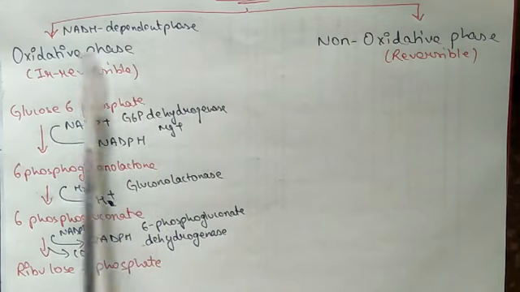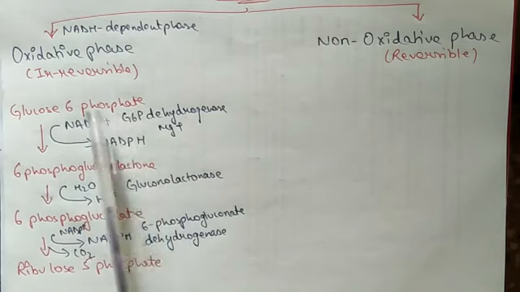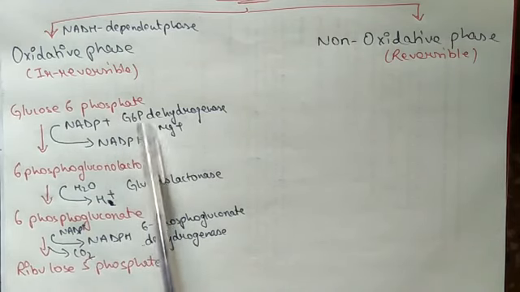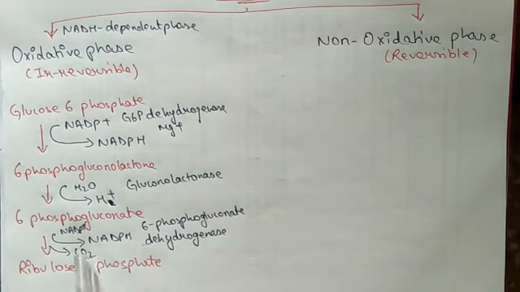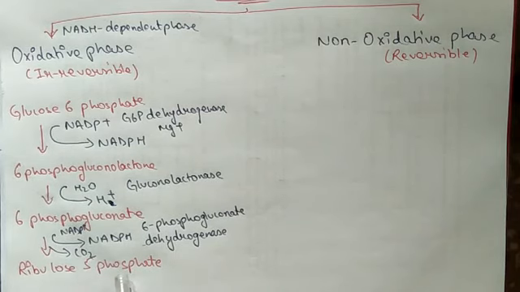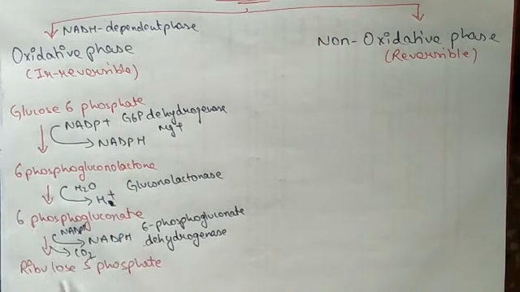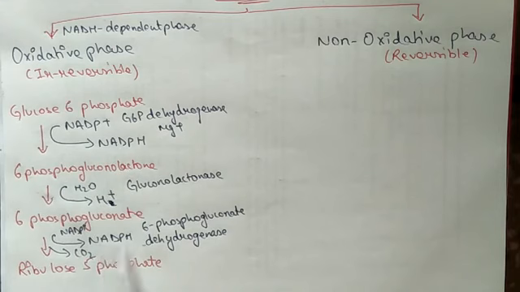So the main conclusion in this oxidative phase is the generation of 2 moles of NADPH, you see 1 and 2, the 2 moles of NADPH, 1 mole of pentose 5-phosphate, and the 1 CO2 carbon molecule. Now this oxidative cycle repeats 3 times. So all the products we get are multiplied by 3.